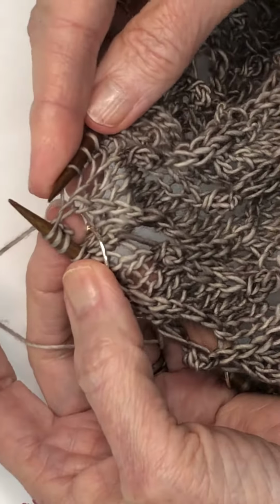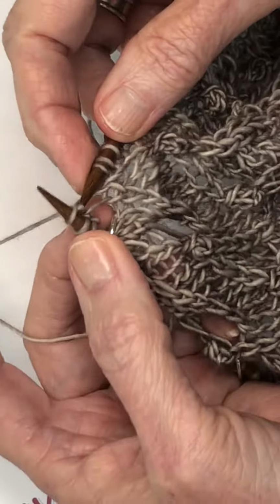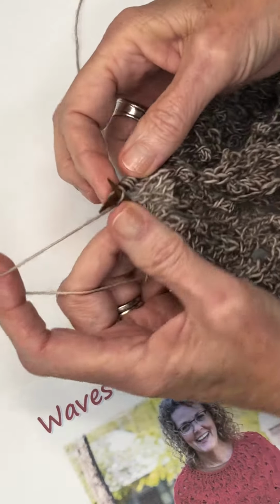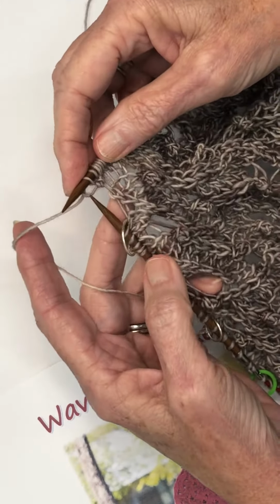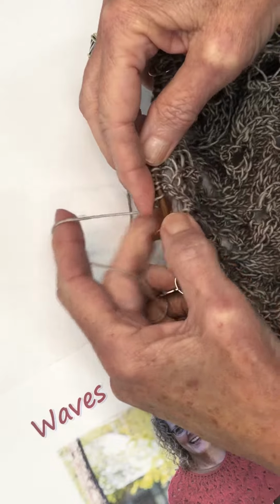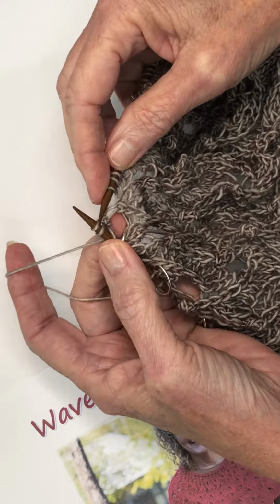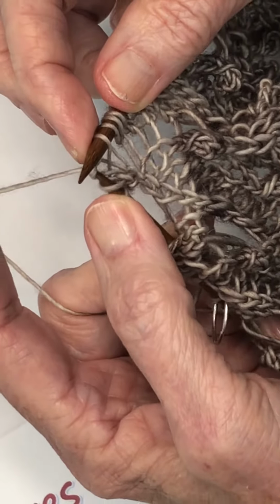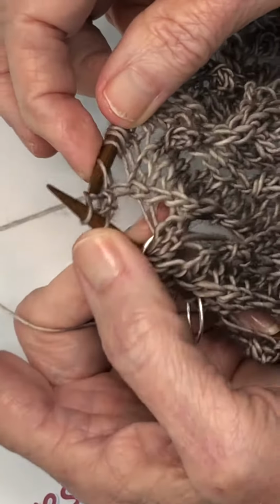And I'm going to knit all 3 stitches. So there's 1, 2, 3. And now I'm going to slip the 3 stitches back to my left-hand needle for the second time and knit them again. 1, 2,